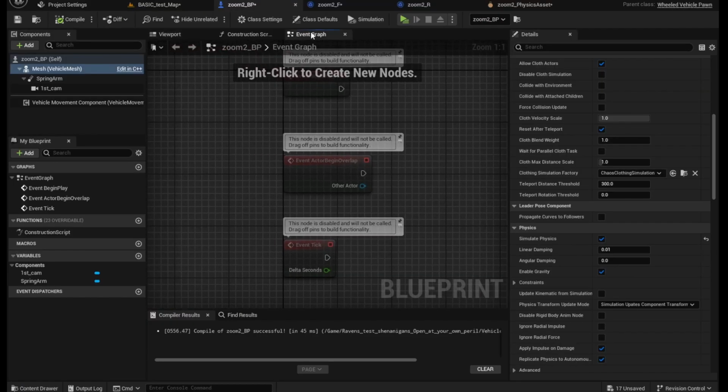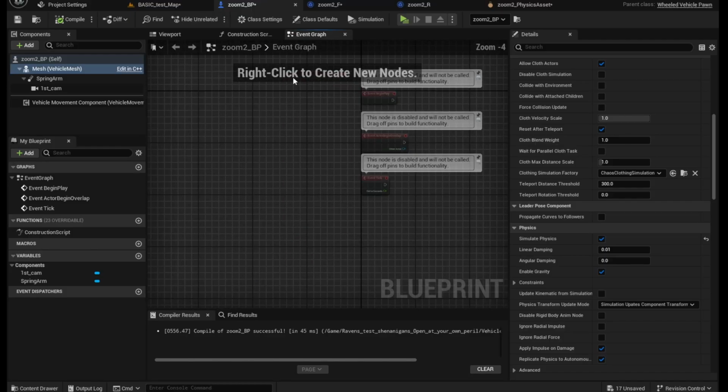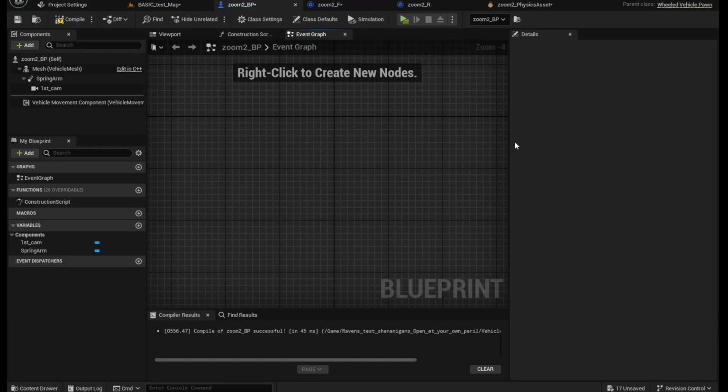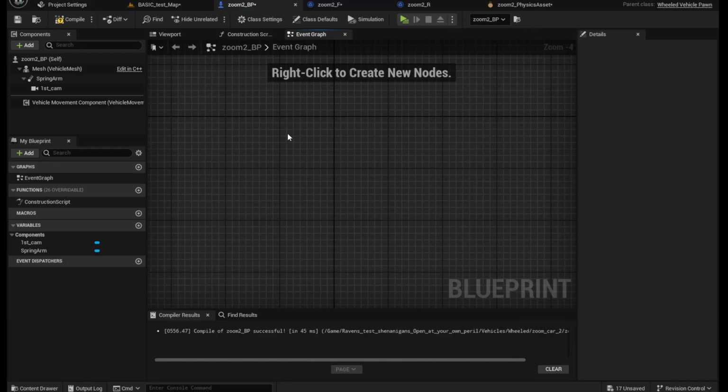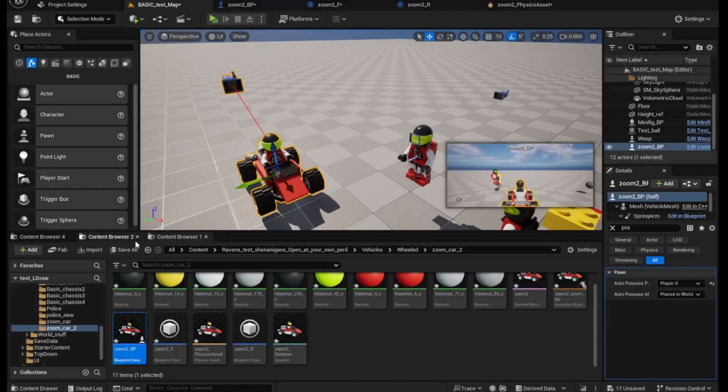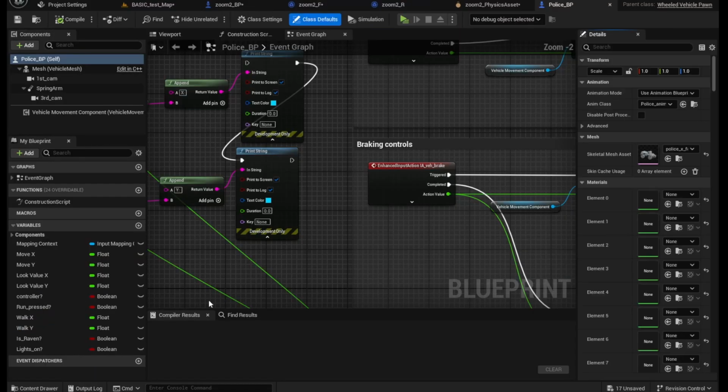Give me 1 second. Okay. Now, let me get rid of all this stuff. Now, this is a whole other set of stuff that I'm not going to cover here, but you need to learn how to do inputs. You can do the legacy inputs, or you can do the advanced input stuff. I have everything in this world based on the advanced inputs, so I'm just going to copy the controls of